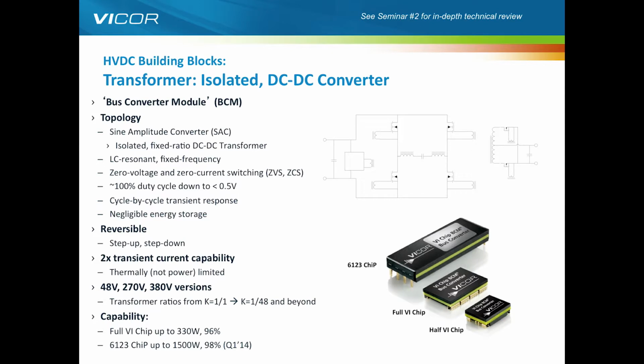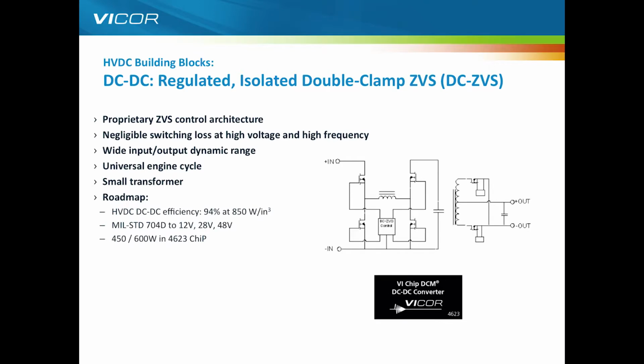So the first two elements are a non-isolated regulator and then an isolating fixed ratio converter. The third topology is a combination of those first two. As you can see from the simple schematic on the right, we have our 4 switches from the ZVS buck-boost converter, but now the inductor is changed into a true transformer and then rectified with a full wave rectification again. So in this way we've got DC on the input and DC on the output, but in the middle we now have a regulating